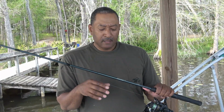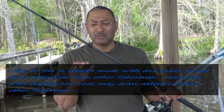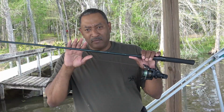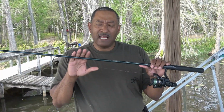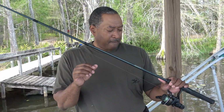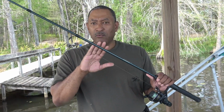I have several of them. Durango has started making these in some colors, orange, fluorescent blue, real bright blue, those colors. Really, I like this old gray one. I advise you, this is a good rod to have for beginning out crappie fishing with slip bobbers. So that's the equipment. So this is what I like, and this is what we're going to rig the slip